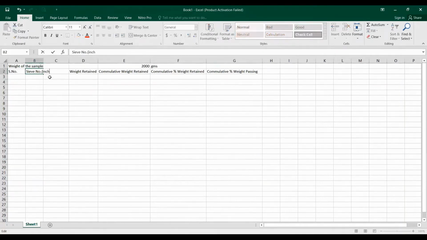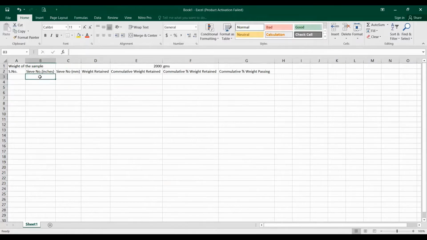You don't consider these values, because I have taken only a sample value. I have assumed it myself. You have to take the readings which you have taken in the lab. The sieve sizes are 3 inches, 2 inches, 1.5 inches, 1 inch, then 3/4.